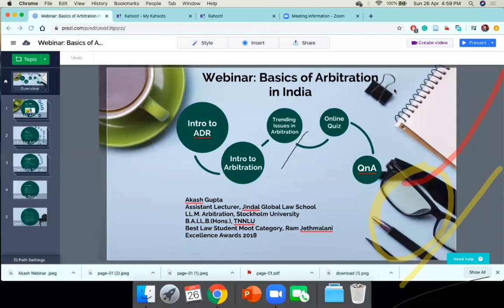The answer is no. If it's at a place outside India, then no, because the seat is outside India and the Indian courts do not get power. Only in exceptional cases do they get the power. For example, if there is an interim measure which has to be provided, and let's say the Indian company is going to sell its assets and is a part of an arbitration seated in Singapore, of course the Singaporean company can come to India and ask for an interim measure. But the Indian courts do not get the power to set aside the award or interfere unless the parties ask for it, which is accepted under the Arbitration Act, that is Section 9, Section 27.